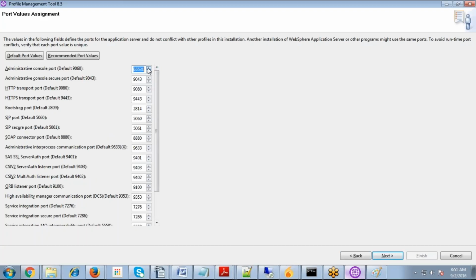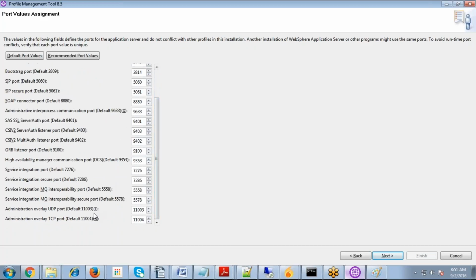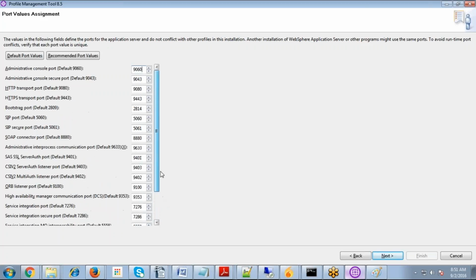See, Santosh, based on the client requirements, we have to assign the ports for them. So all these are the default values. When coming to the left hand side, see, the administrator console port is 9060 and the administrator console secure port is 9043. So whenever we create an application profile, it contains some default ports. Okay, so default ports will be assigned. If you are going with some organization, or if they want us to give ports in a customized manner,